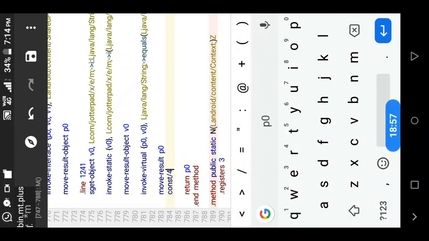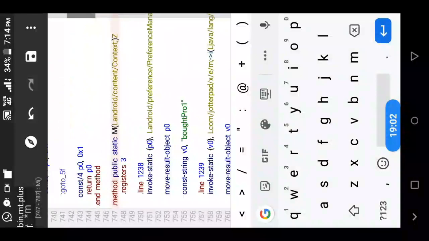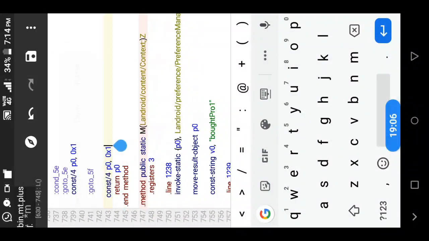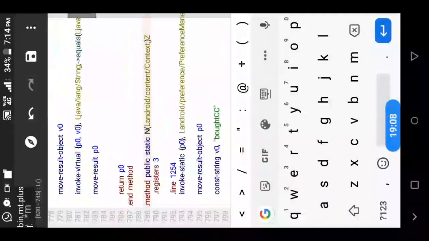So this is not the correct symbol, so let's copy from somewhere else. So here we have one. So we will paste here.